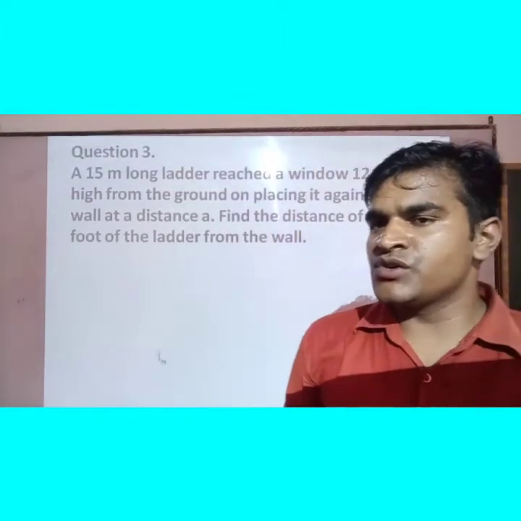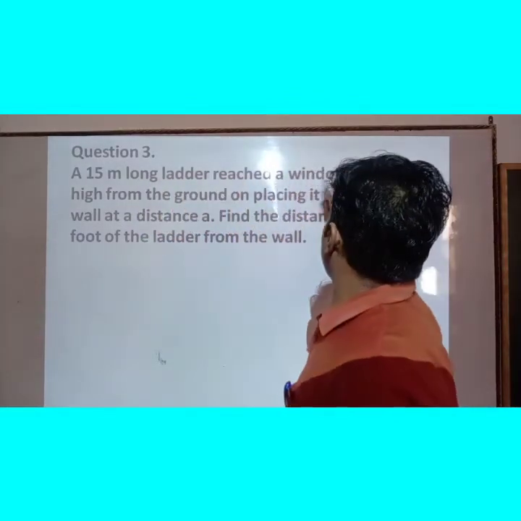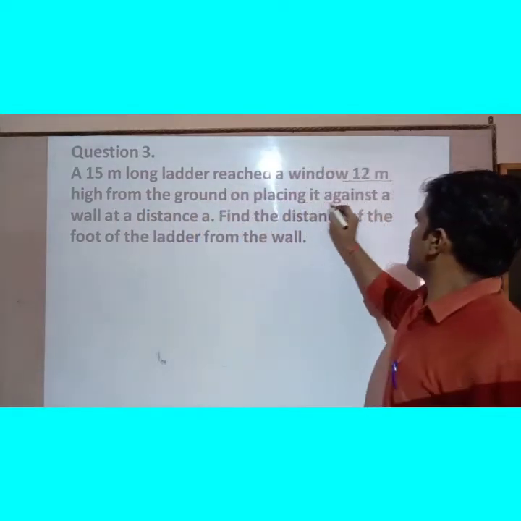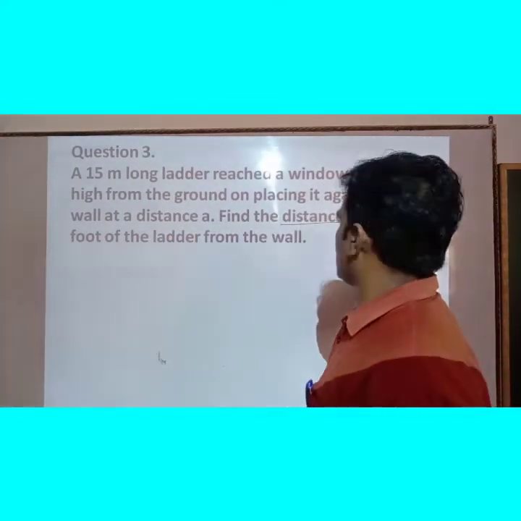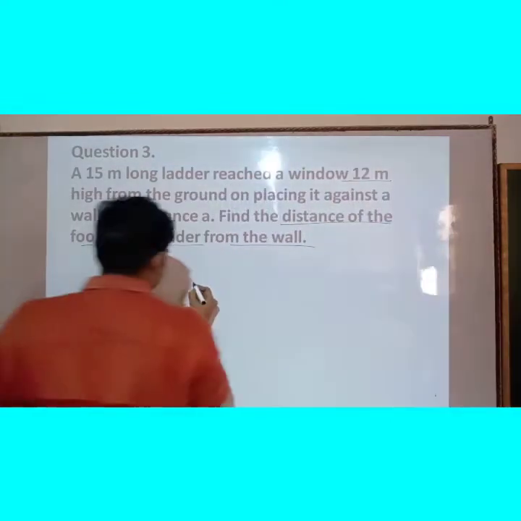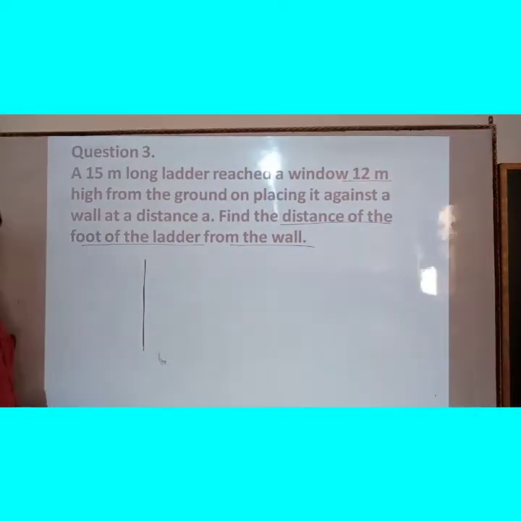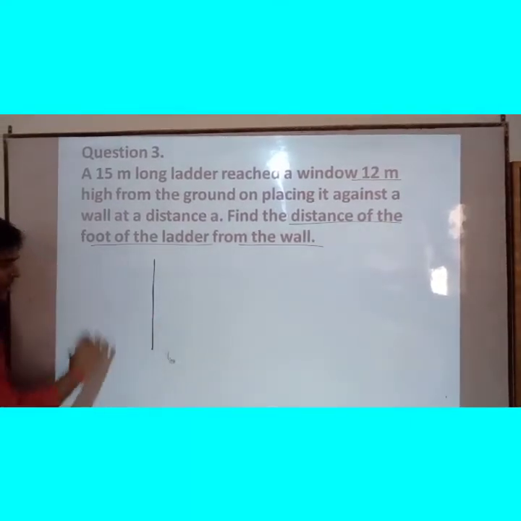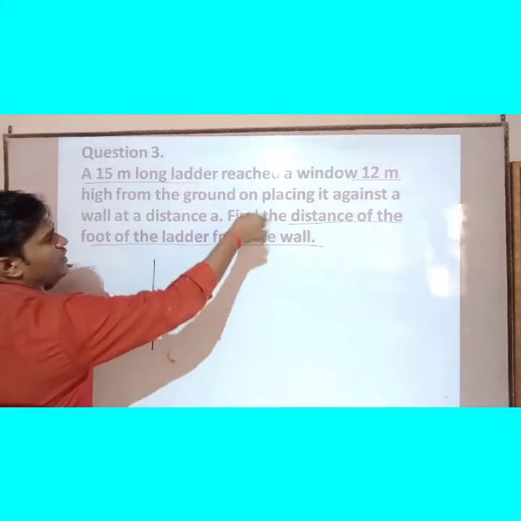Students, in this question given there, a 15-meter long ladder reaches a window 12 meter high from the ground on placing it against a wall at a distance. Find the distance of the foot of the ladder from the wall. So children, suppose this is the wall. Now in this wall, and a ladder,